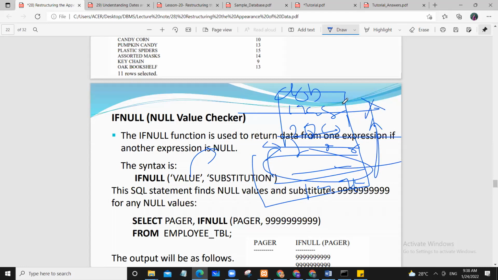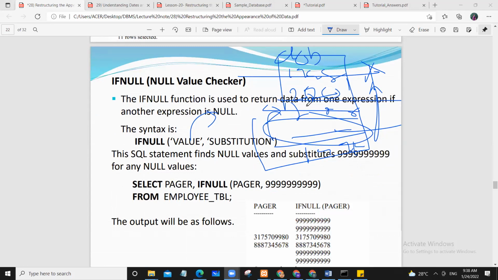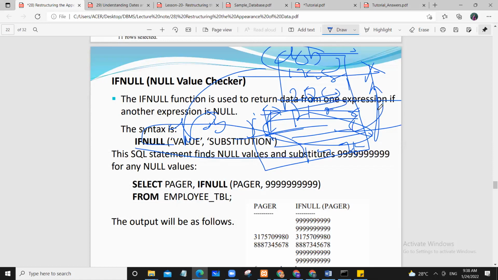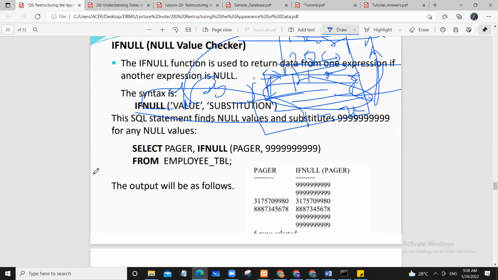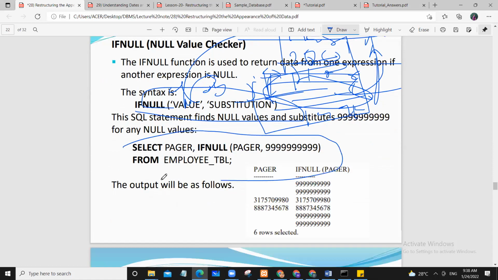Likewise, if you need to replace this null value by a dummy value, you can use this if null function. In this if null function, you can see the value means the column name. You can see DOB is the column name. So you can substitute any value. Let's substitute 1111 for a null value. So you can use this syntax to replace null value by 1111. So you can see in this example,